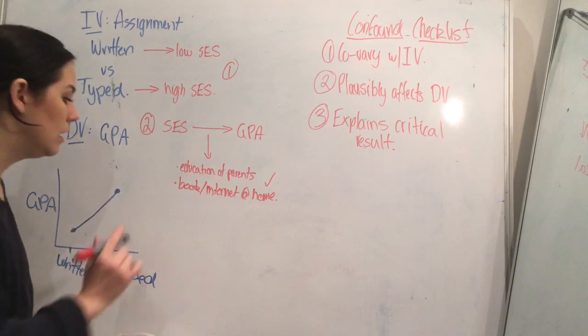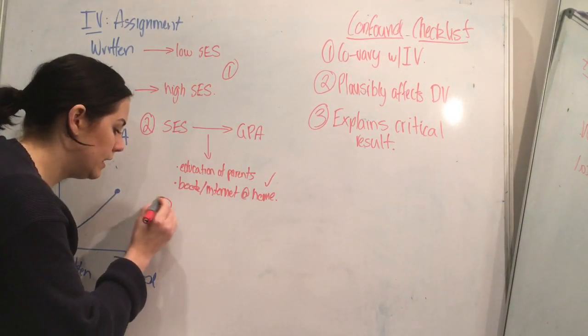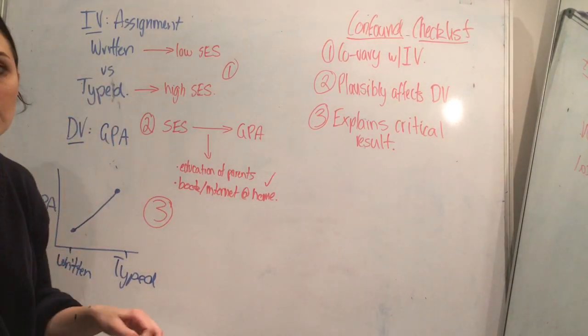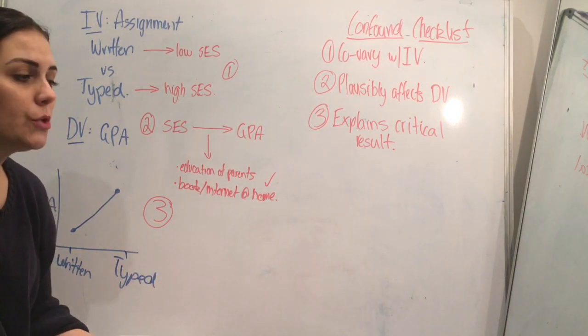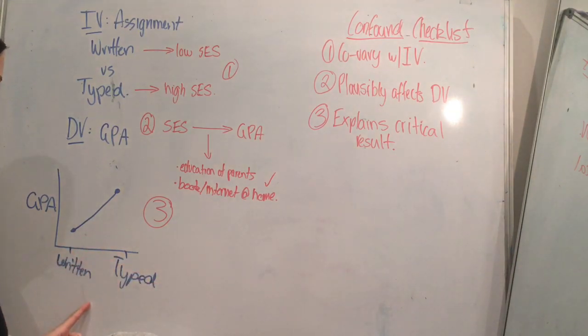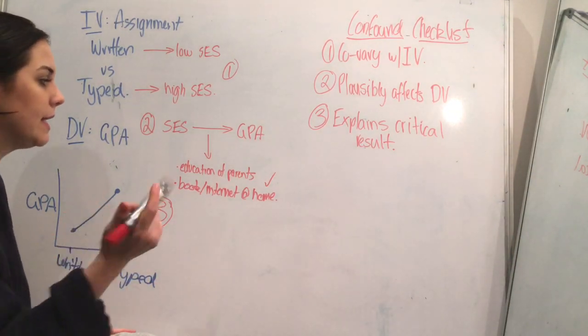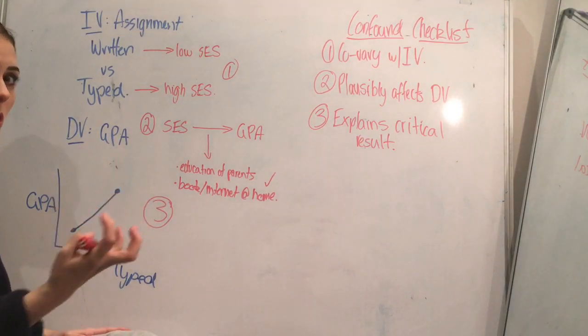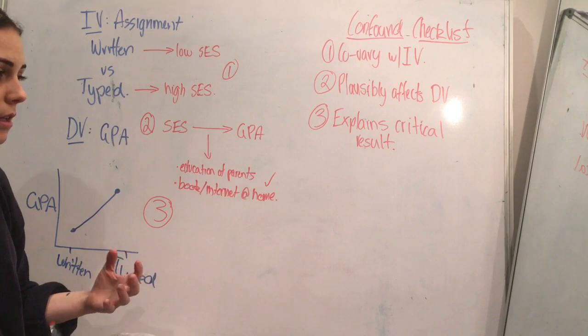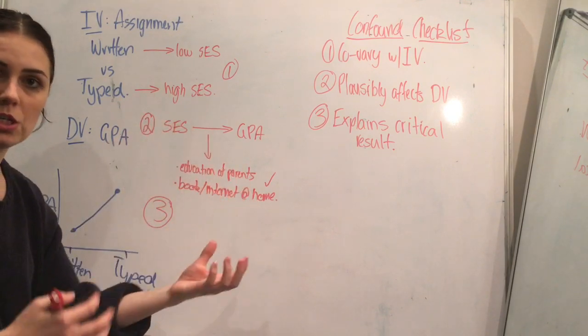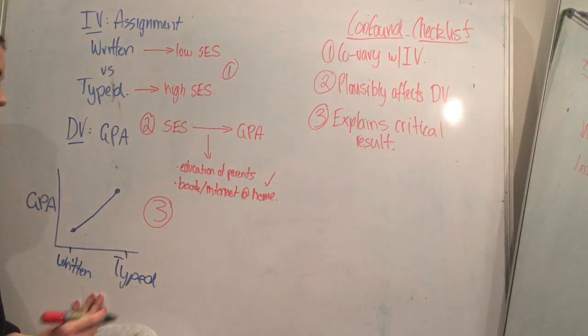So we've sussed that out. Number 3 is, does it explain the critical result? And this is often overlooked, or at least not explicitly said. So you need to explain the critical result. First, tell me what the critical result is. And generally when we say result, it's not an interpretation. A result is like a score higher in this condition versus that condition, or in this case,